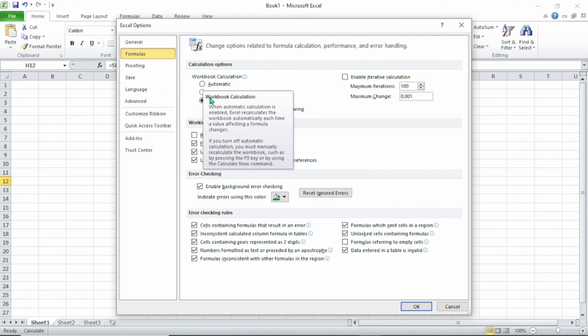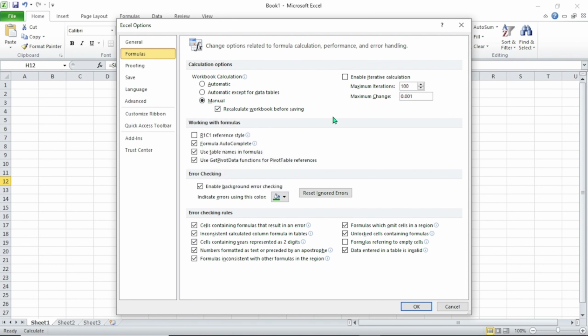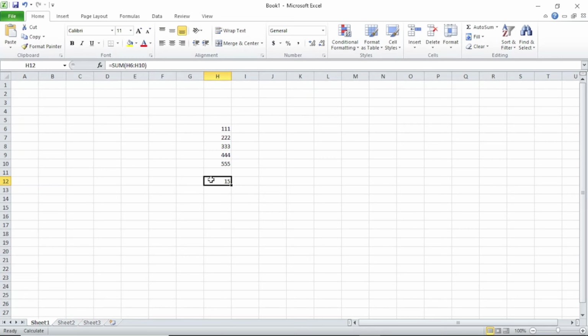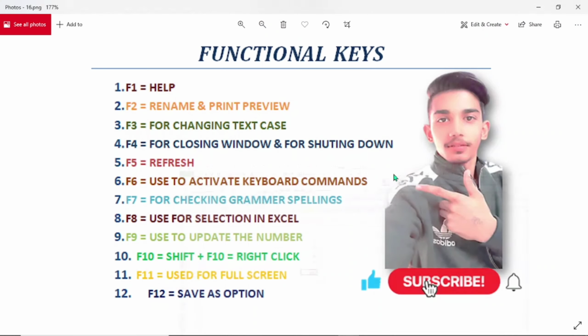Here we have to click Manual only, so press OK. Now we have to press F9, then the update will come. So you can see our update has come. By pressing the F9 key we can update the numbers which we have changed here. So this is a very easy and common thing in Excel, so all should know this.